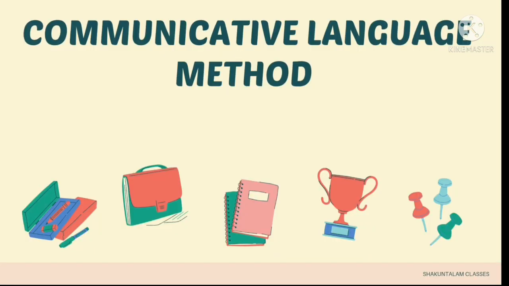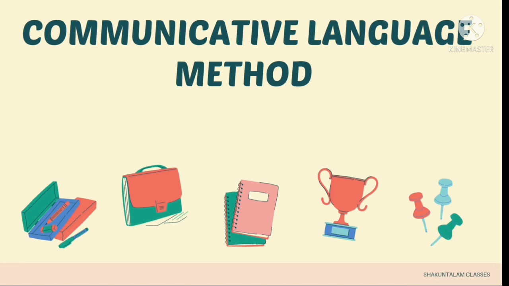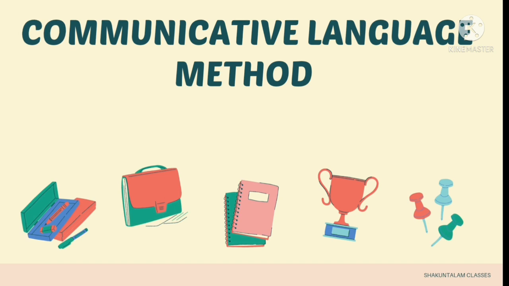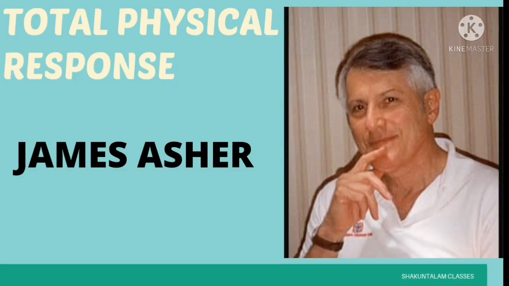The next one is the communicative language teaching method. It is the recent, best and the new method for teaching English. In this method, language is learned through interaction and the goal is to communicate in the target language. Six activities done in the communicative language classroom are information gap, group gap, role play, interviews, interaction and simulation.